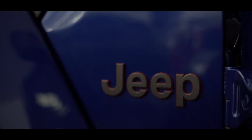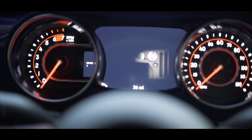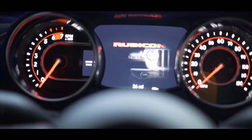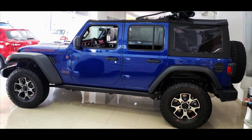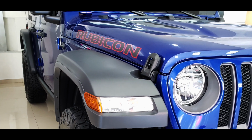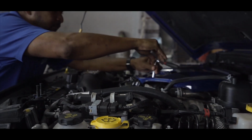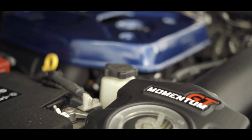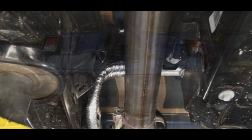So, we took that concept and challenged ourselves to conceive and build the CME-Rubicon while staying true to the timeless Jeep design. We began our journey at Caribé Motors, the Jeep dealership in Haiti, where we ordered a stock Rubicon Wrangler. Once received, we started with the performance upgrades, installing a high-flow air intake system matched with a custom 3-inch